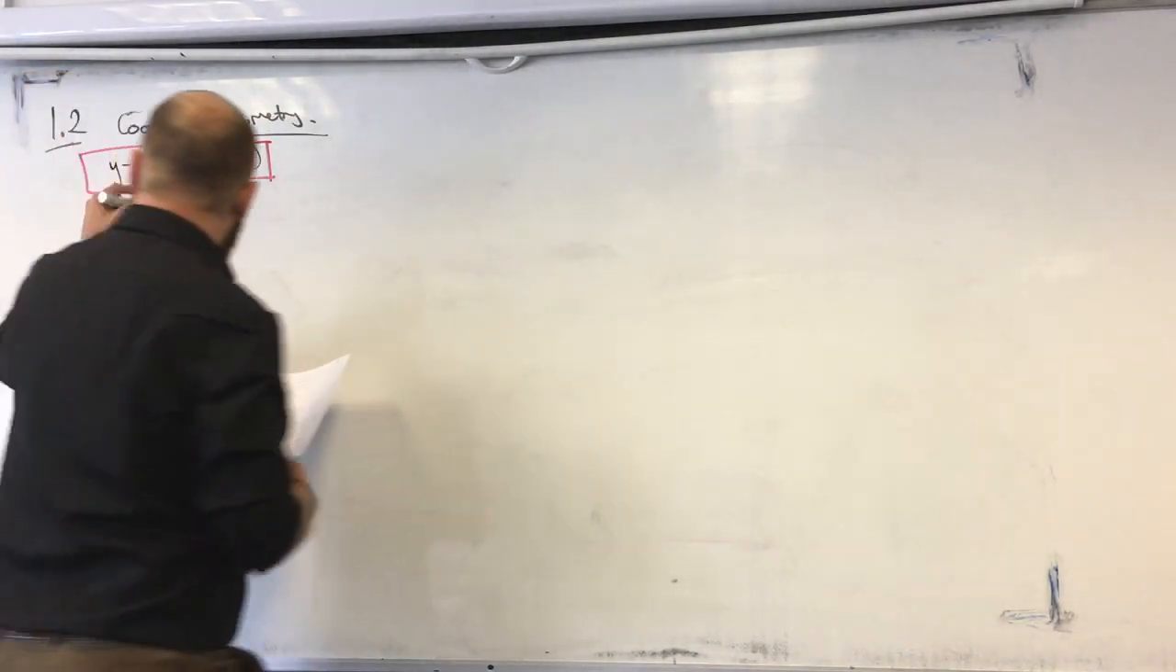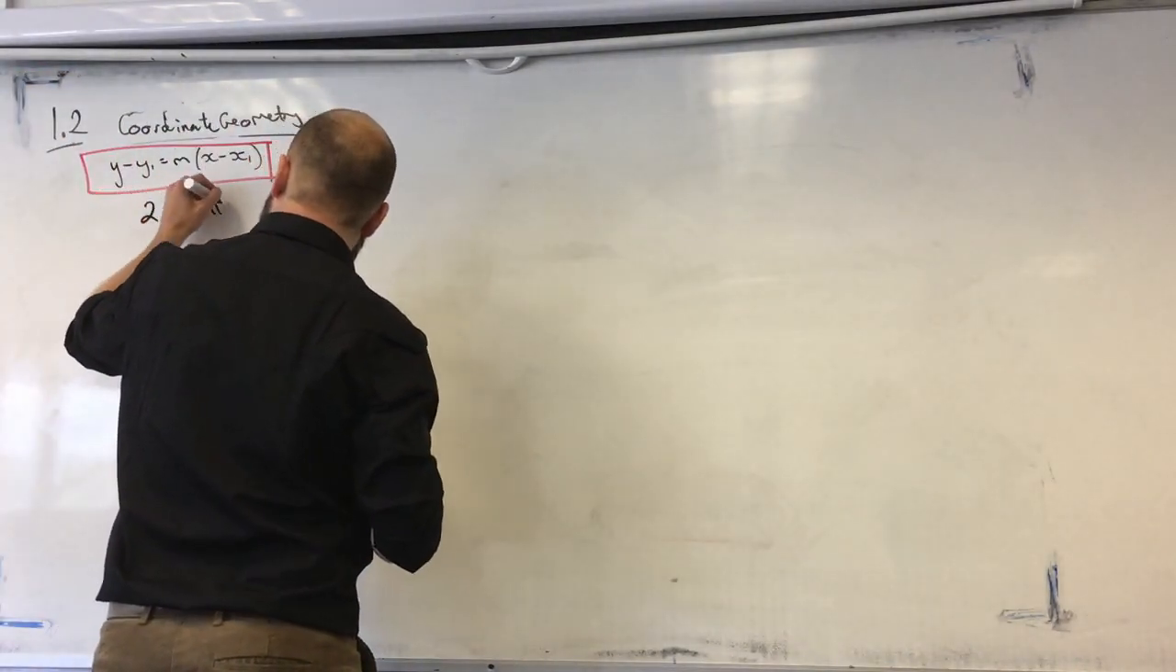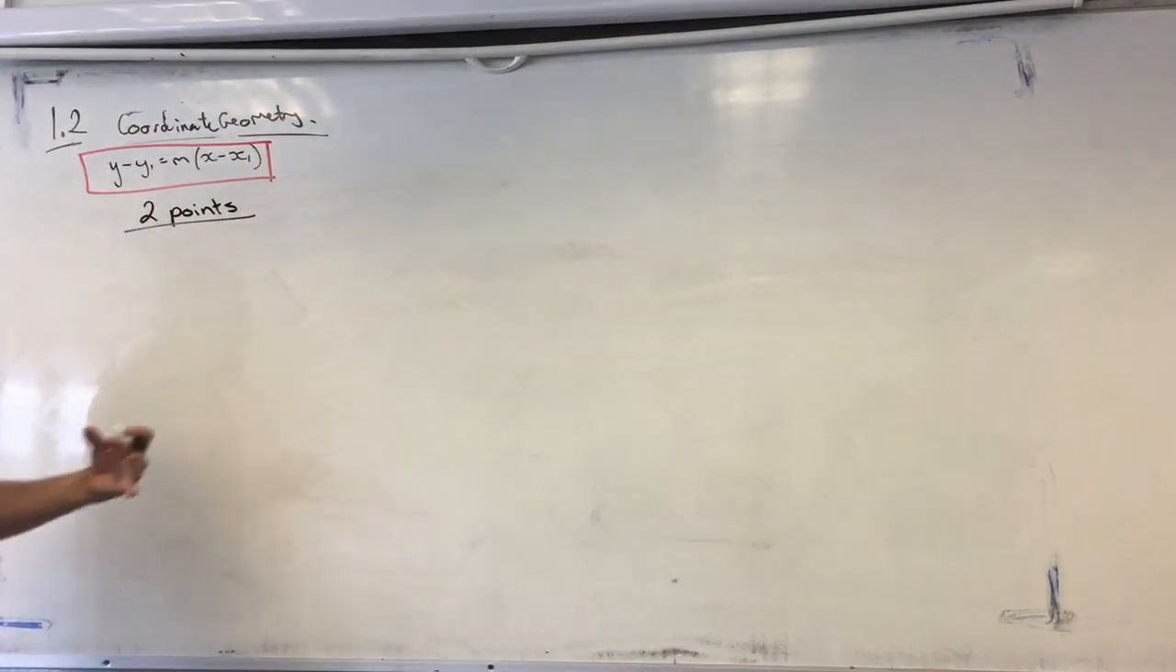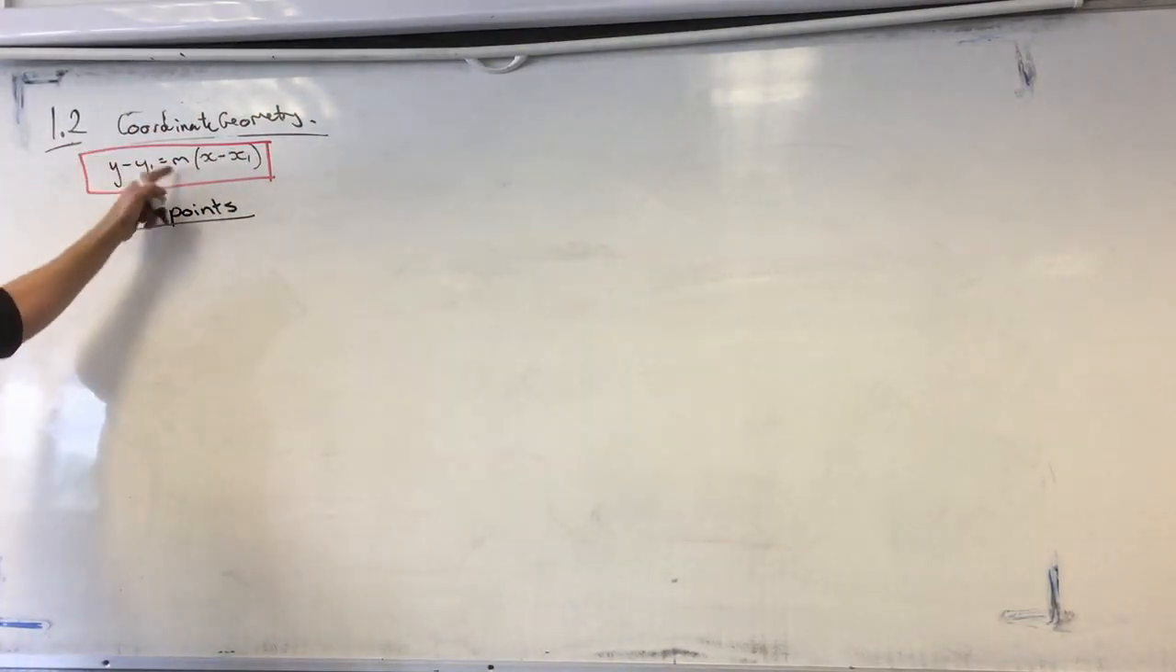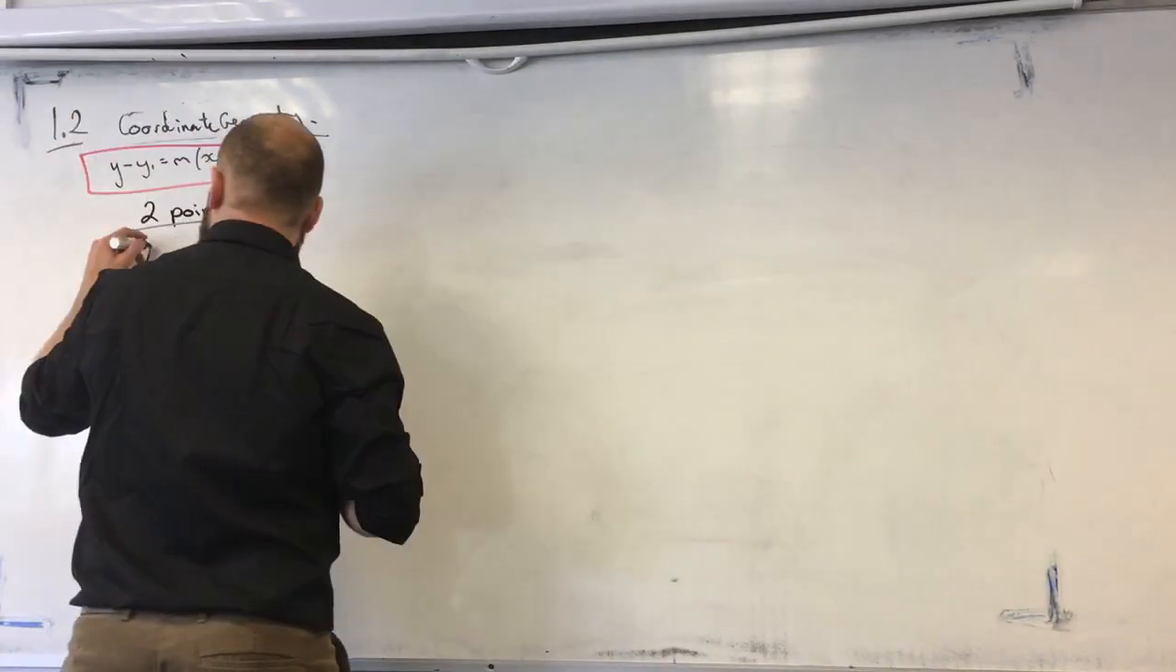Right, so what happens when you have two points? As I said before, to find the equation of a line, you need a point and you need a gradient. So we need